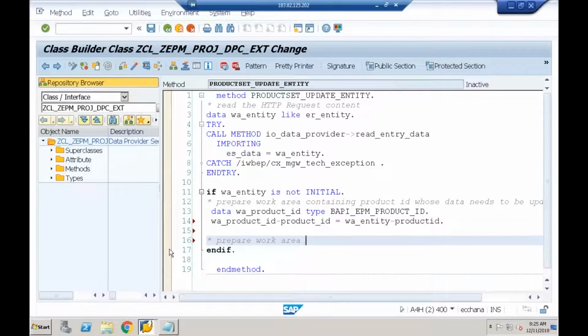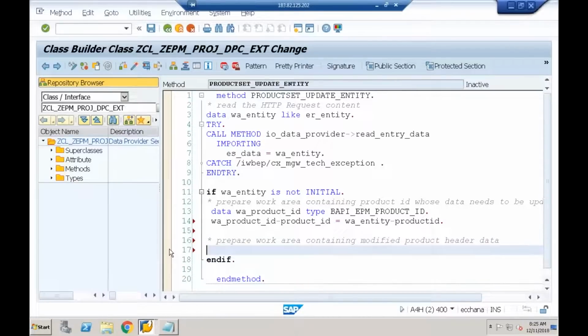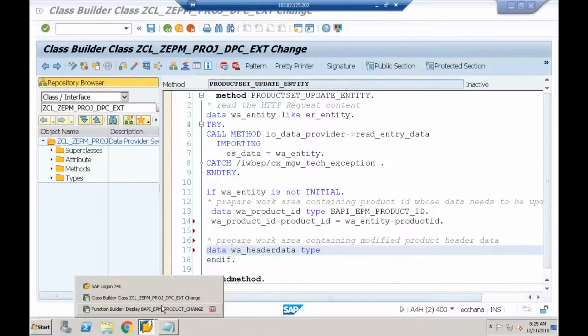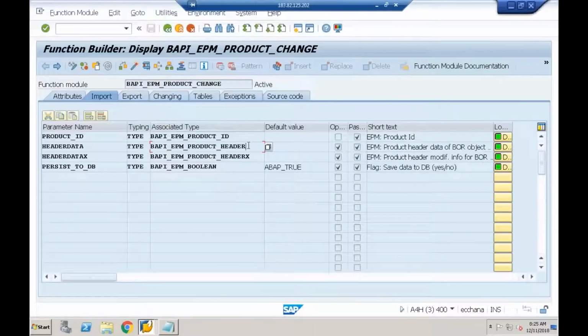Prepare work area containing modified product header data. So I'll say data W_HEADER_DATA